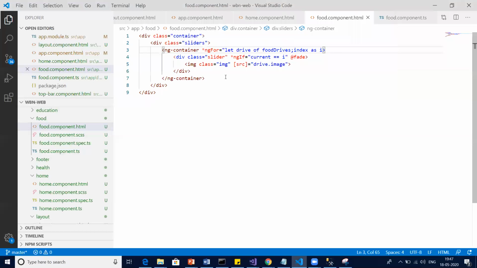Let's see what the issue is. Here we did something.